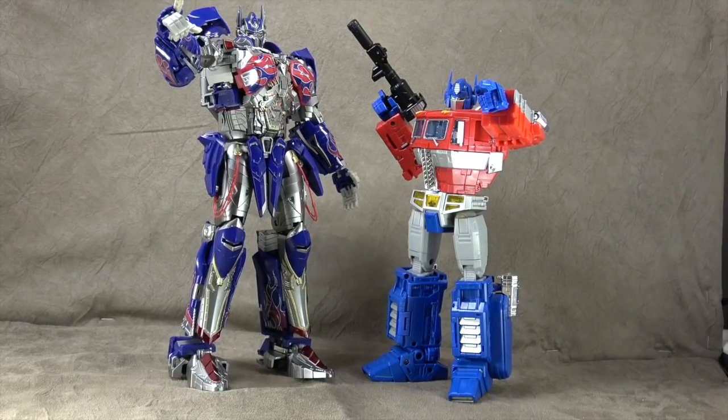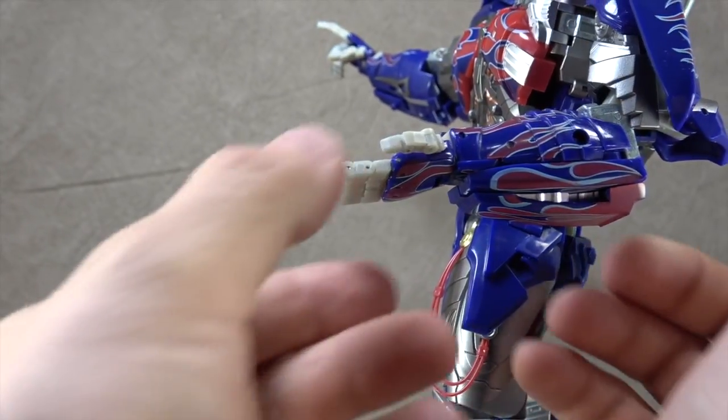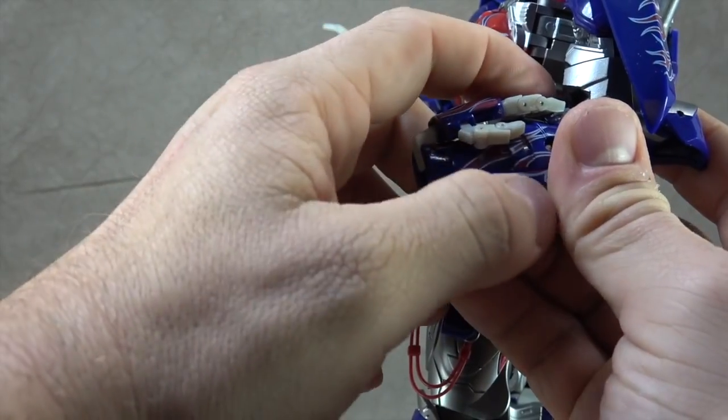And size comparison wise, there he is with MP10. That should give you an idea. He's a big fella. With the hand straight, wrap it up over top of the forearm and collapse the thumb